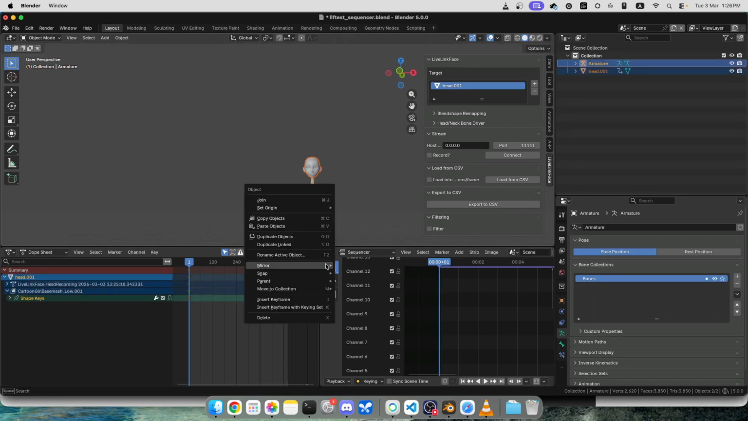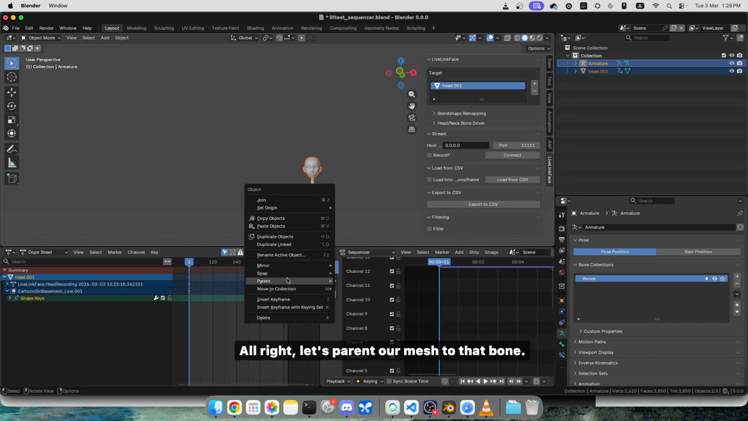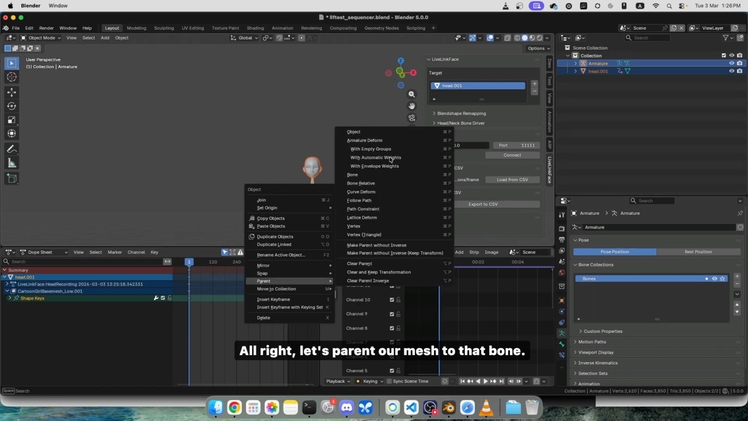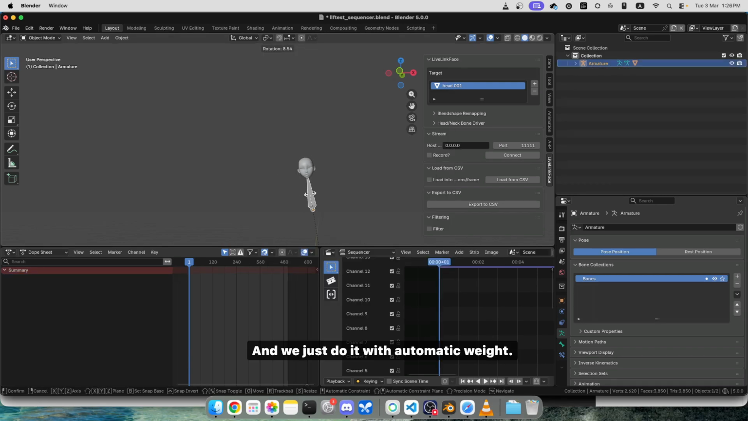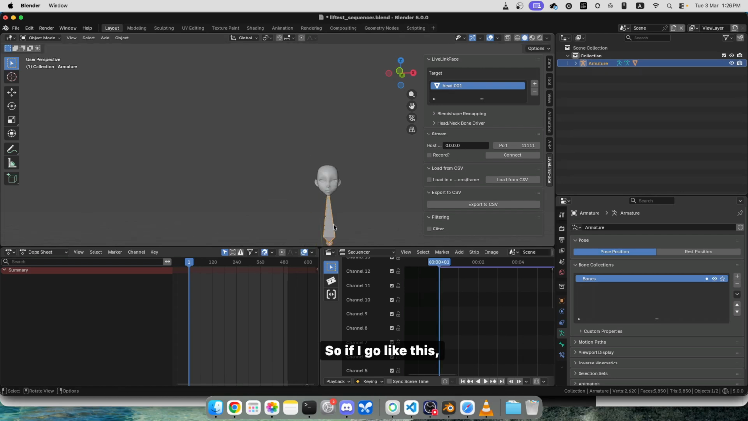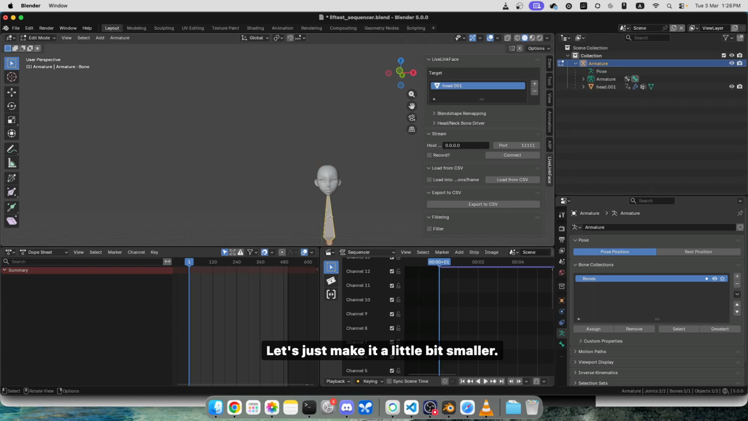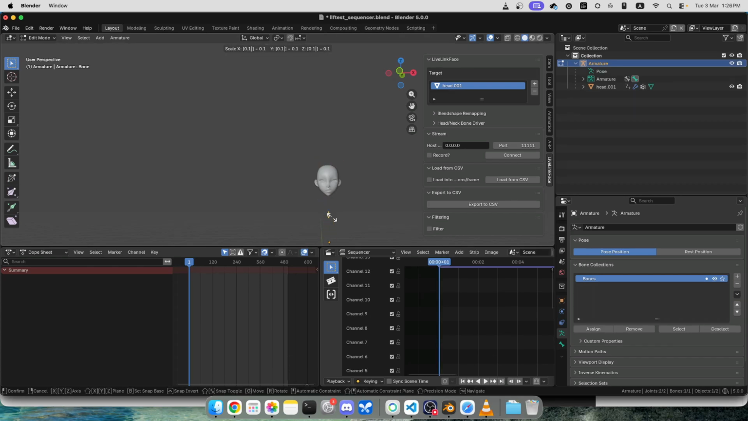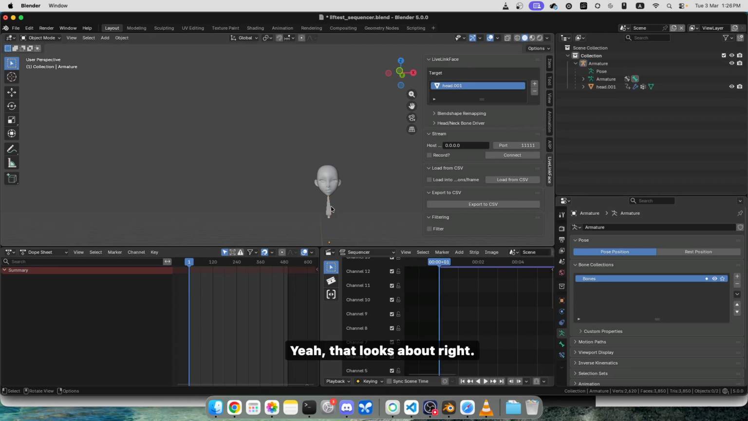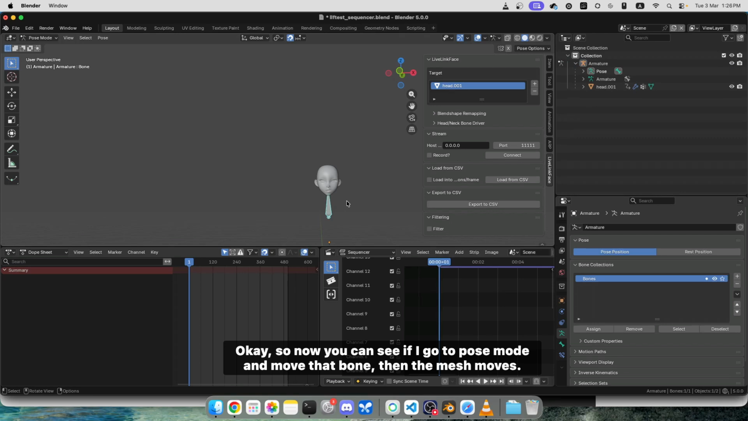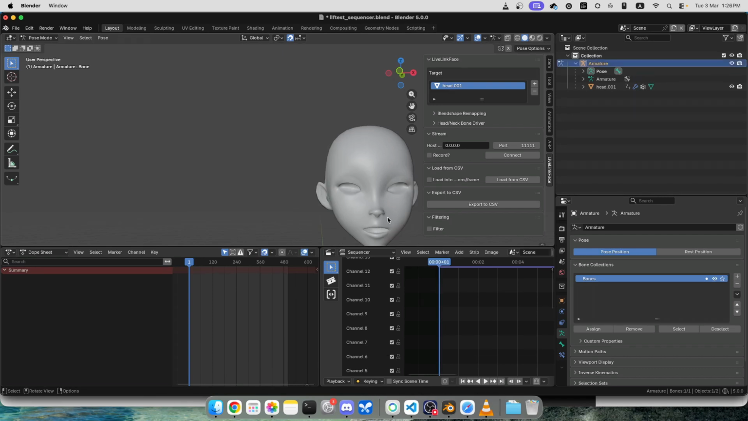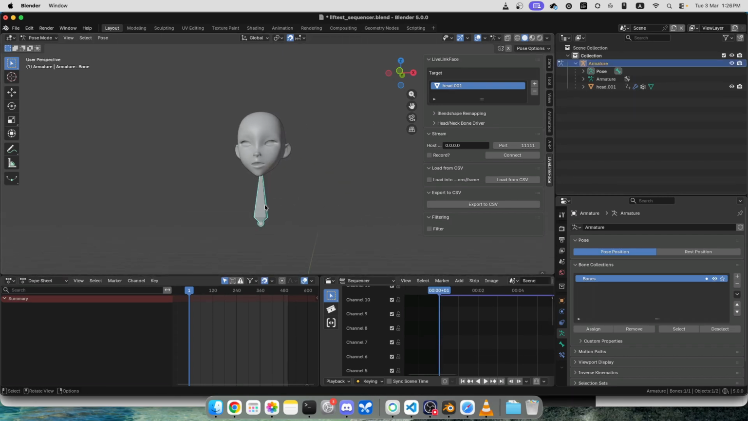All right, let's parent our mesh to that bone. And we'll just do it with automatic weight. So if I go like this, let's just make it a little bit smaller. Yeah, that looks about right. Okay, so now you can see if I go to pose mode and I move that bone, then the mesh moves. And I think I must have lost a lip there. I'm not sure where that came from. Anyway, so now that we have a head bone,